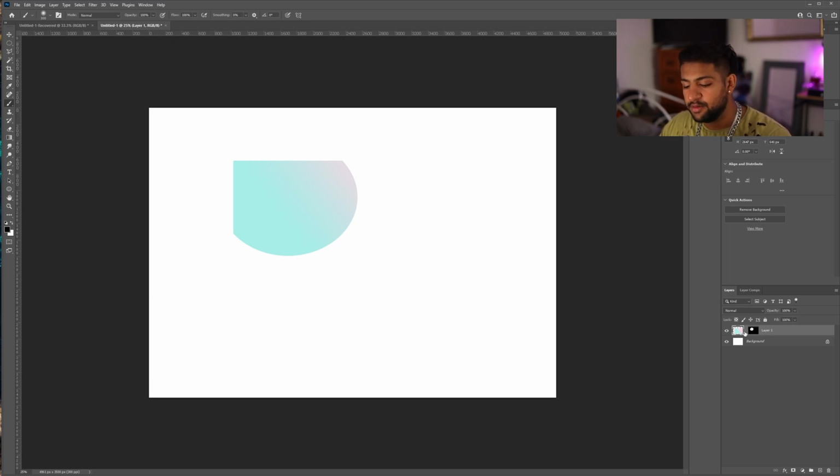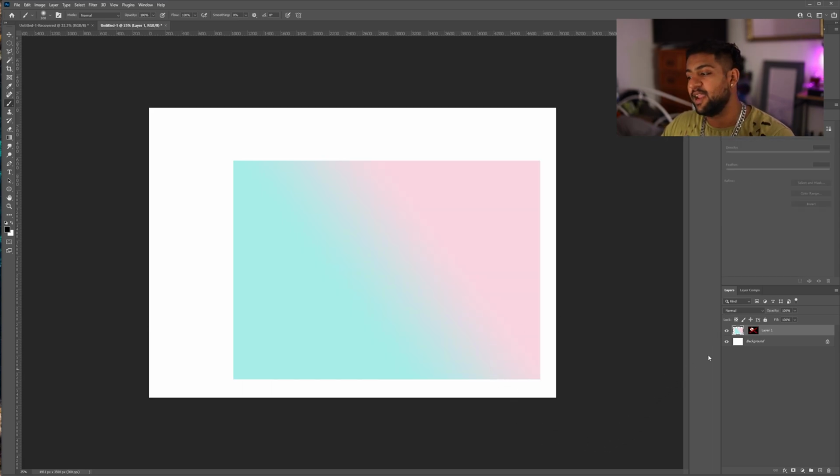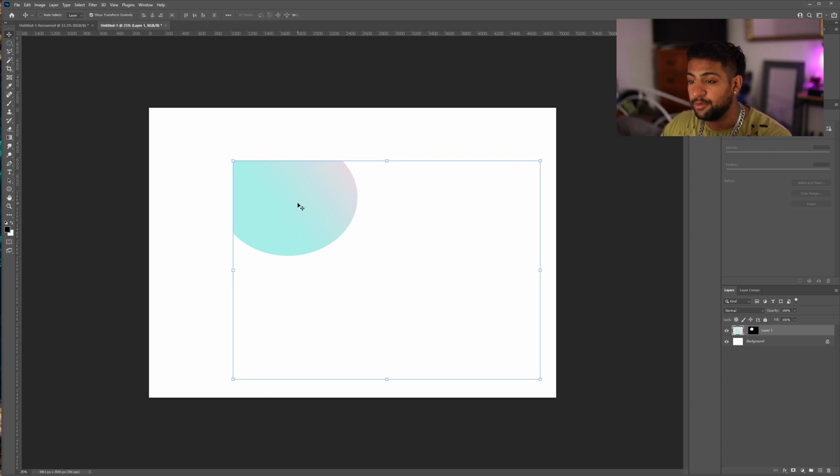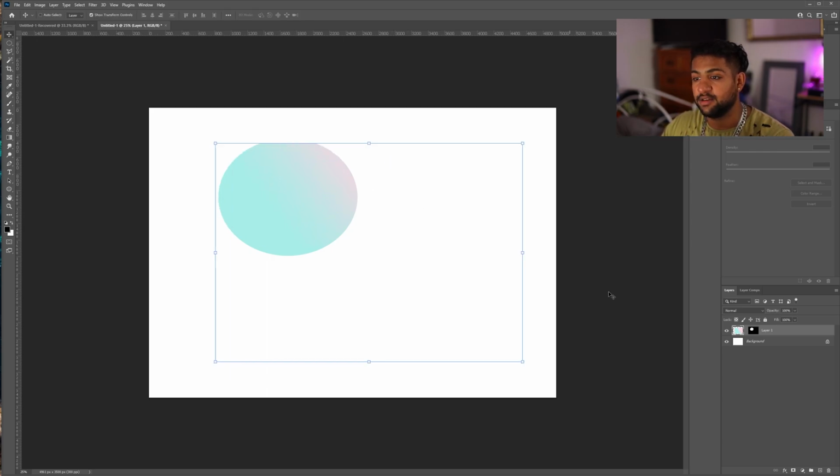Another really useful one is if you hold Shift and click on it, it will hide the layer mask. As you'll see, it gets an X over it, and again we can Shift-click it to undo it. This can allow you to see where the layer is. So for example, if your image is getting slightly cut off, you can hold Shift on here